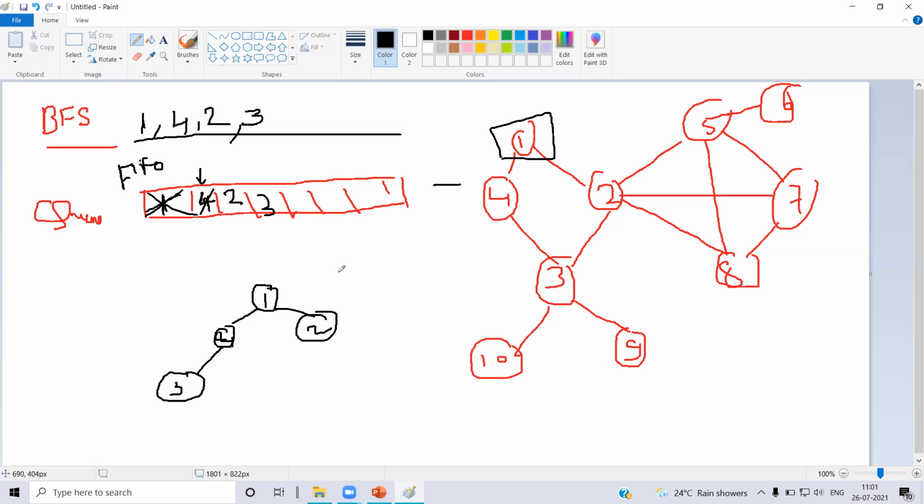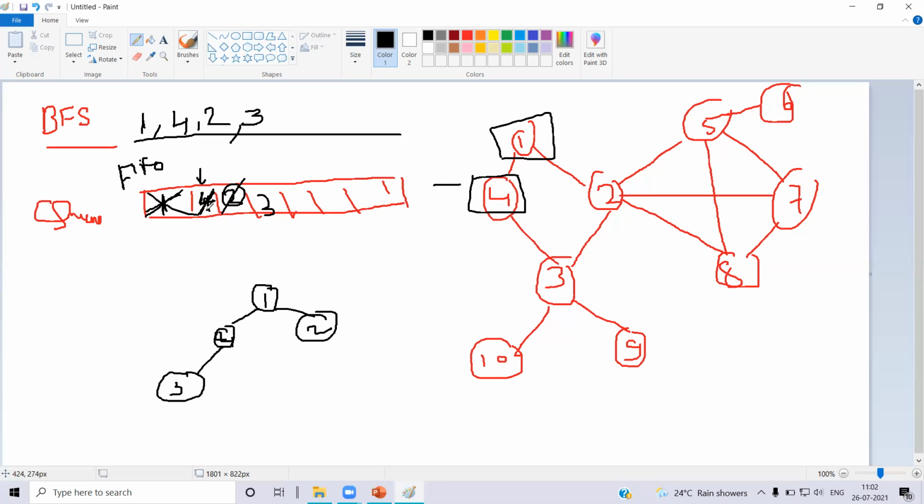I have visited 4 now. What is the next node I should visit? I see the queue: it has 2. So this is the element I'll be popping out.